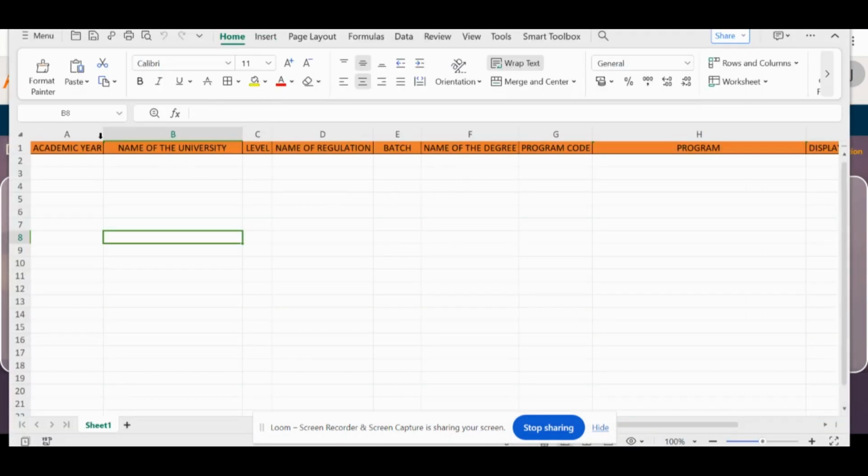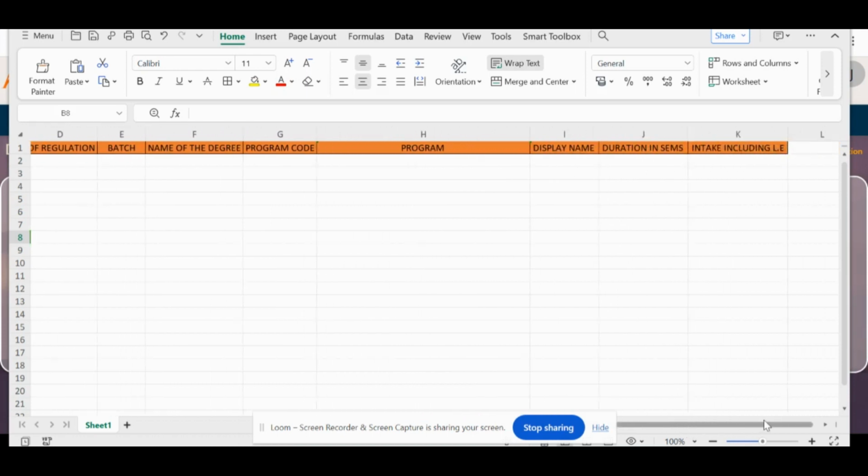So this template can be used to fill the data and upload back to the degree and regulation page. So this is the format that has to be followed. The academic year, name of the university, level, name of the regulation, batch, name of the degree, program code, program. All this data should be included here. And then you have to upload this file back to the